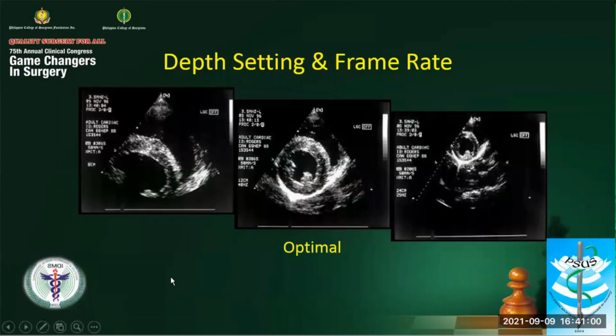So here, okay, here is an example. Now, aorta, these are snap images, so pictures of aorta. So here you have a very shallow setting. You cut the region of interest. This at the center is the optimal setting. You have the area of interest in full view. Now here you have a very deep setting, and the area of interest can still be viewed, but the image is smaller, and the frame rate is lower. The frame rate becomes lower.